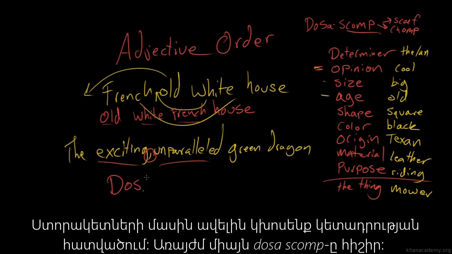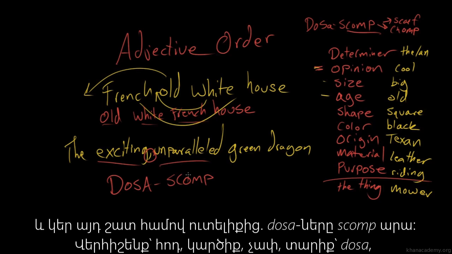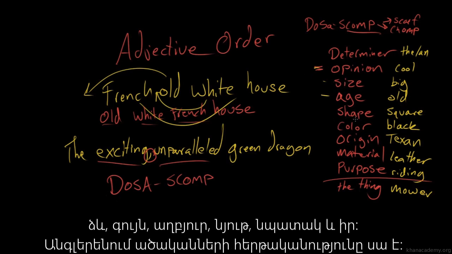But for now, all you need to remember is dosascomp. And if you've never had a dosa, I strongly urge you to look up recipes online, go to a South Indian restaurant, and make and eat this delicious food. And then you're just going to scomp on some dosas. So determiner, opinion, size, age, shape, color, origin, material, purpose, and then the thing. That's the order that adjectives go in